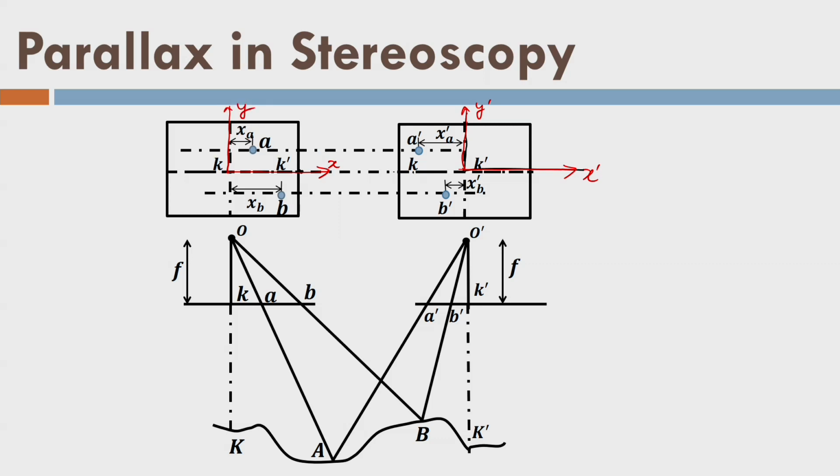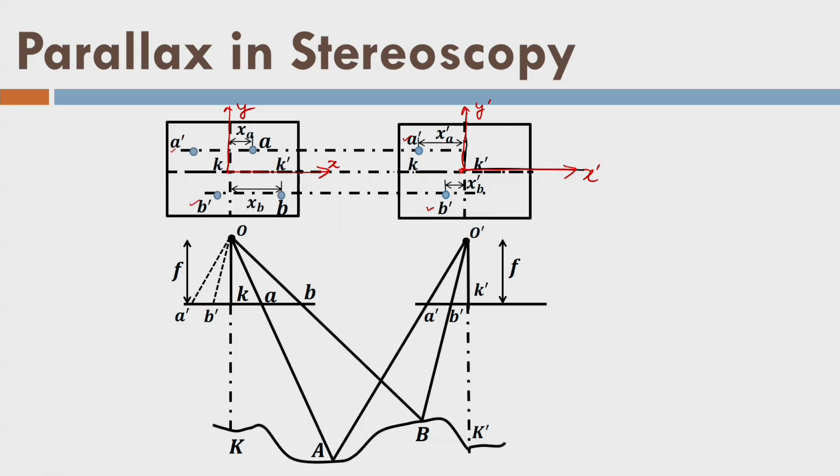So, I am measuring XA and XB as positive in the left photograph, but in the second photograph I am measuring them as negative from this origin, right. Now, let us replicate these points A and B on the left image. From here I am trying to replicate these 2 points on the left image. So, this is the point B dash and A dash like this, and so here B dash and A dash. You see, I just place them here.